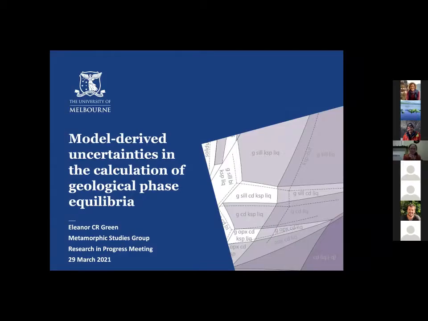So I wanted to talk briefly about some things that are relevant to what Pierre was talking about. Some aspects of model-derived uncertainties in the calculation of geological phase equilibria, with reference to a new tool that Roger Powell and I are in the process of developing. We haven't got hugely far with it, so this is a bit of a background talk. We're setting up the background for how this will be useful when, over the next few months, hopefully it comes